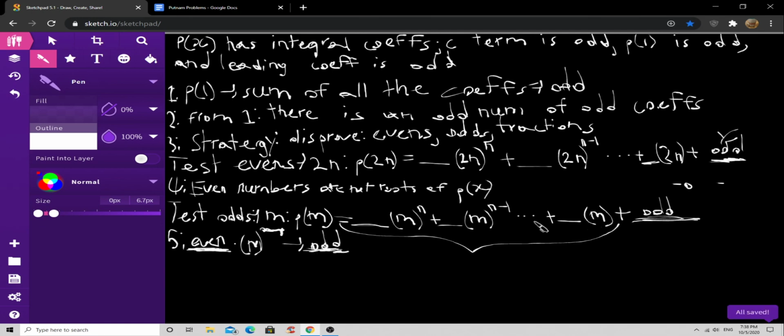So let's check it out. Let's make another claim here. So we can say that this, P of m, is just congruent to everything